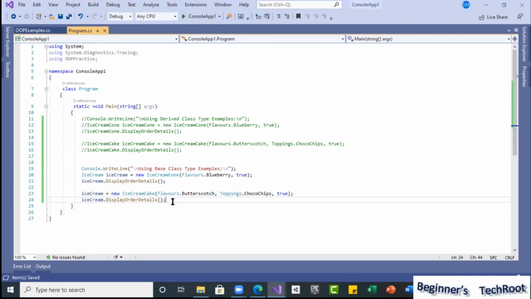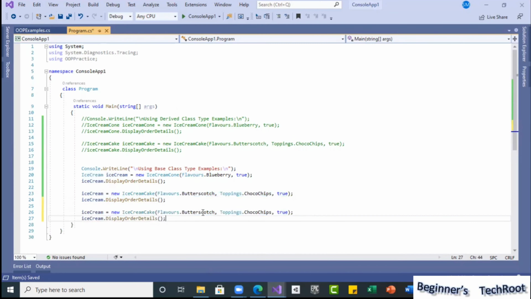If I want to change something, suppose I put one more cake example, and instead of butterscotch I take vanilla, and the toppings can be cream sticks, and I don't want any sauce.